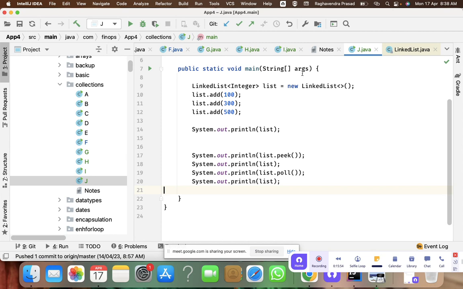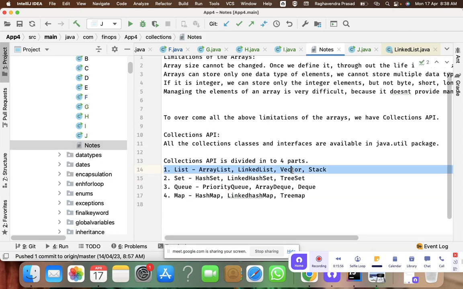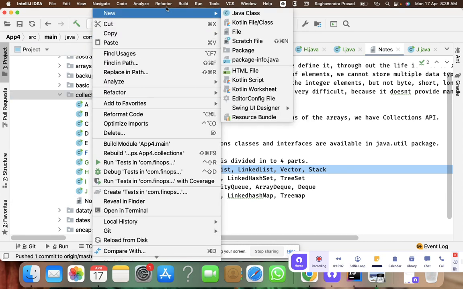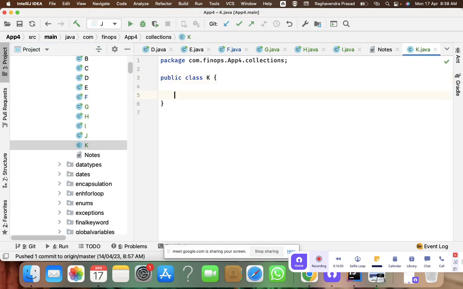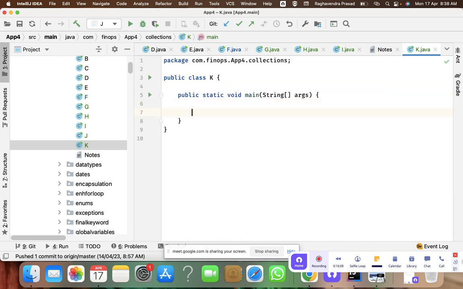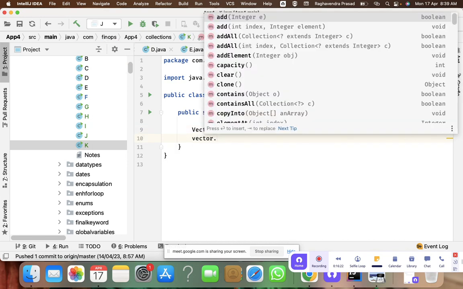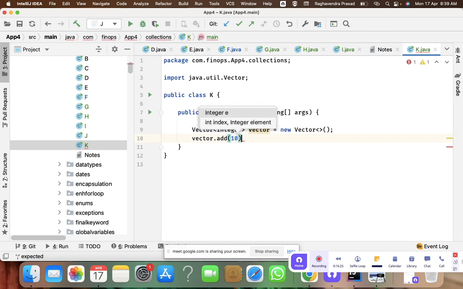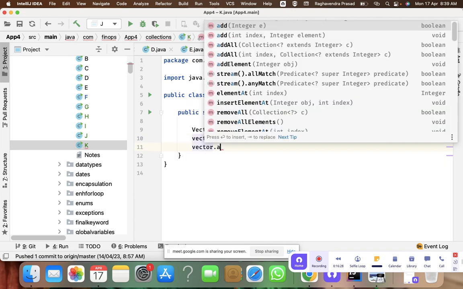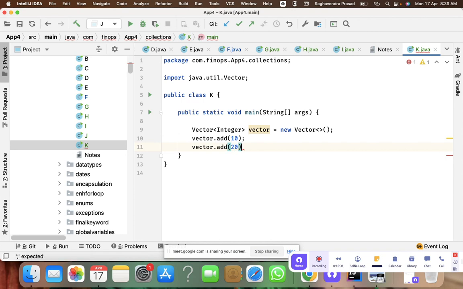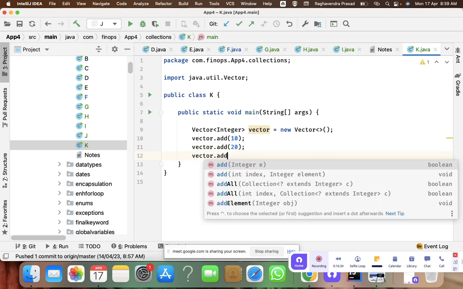Similarly, another thing we had is the vector, right? Let's see how vector also works. G, H, I, J, K. Vector of integer. Vector equal to new vector. vector dot add of 10, vector dot add of 20, vector dot add of